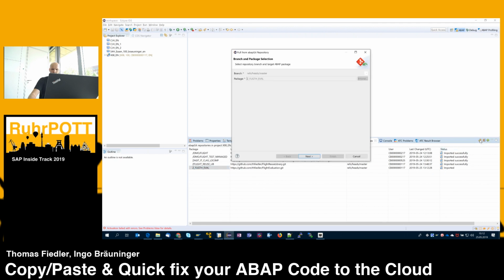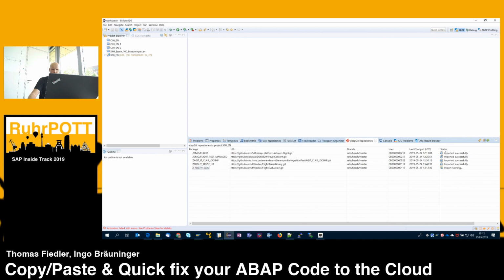If we refresh, we also see what kind of classes and stuff is imported. If we do a refresh here, 3 of 7 are now imported. Of course, we already had some more objects in our Git repository here, so the programs are not imported. And we also see we have a report, show object log.